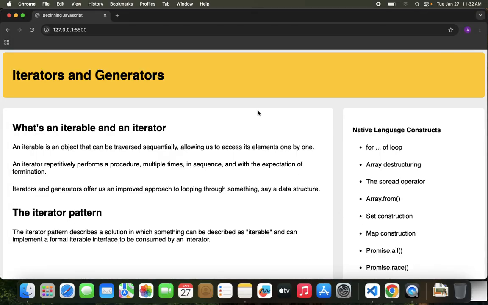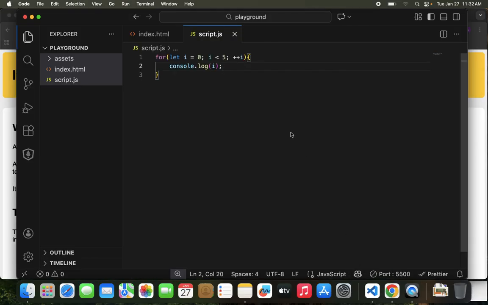So here I have, in my browser, some kind of a teaser or appetizer, so to speak. But before we get into this, let's go back to our text editor. Okay, now, if we already have all of these looping mechanisms, perhaps a way to start in order to enhance